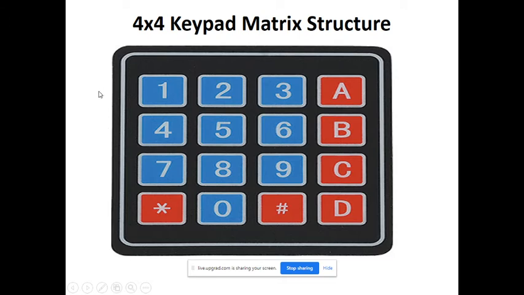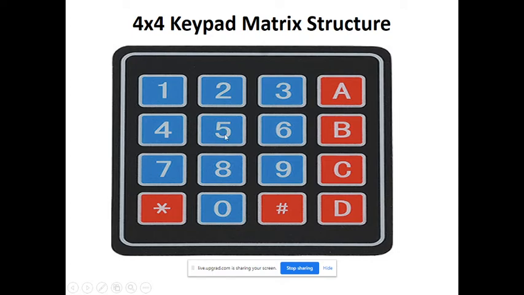At that time this row 0 becomes 1 and R1, the second row, becomes 0, and all others are 1. This is 1 0 1 1, which means it will scan the second row: is any key from the second row pressed or not? Now in that case what is the column status? It is 1 0 1 1, because key number 5 is pressed.